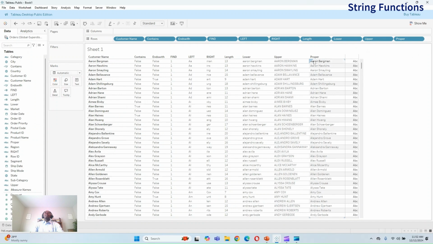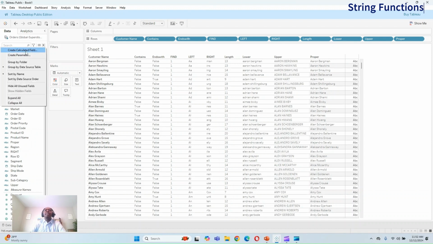So proper, it properly formats your text. If it capitalizes the first letter of the word, so Aaron is capitalized with a capital A, Bergman with a capital B. All right, those are that. But what mentions on the string calculations are